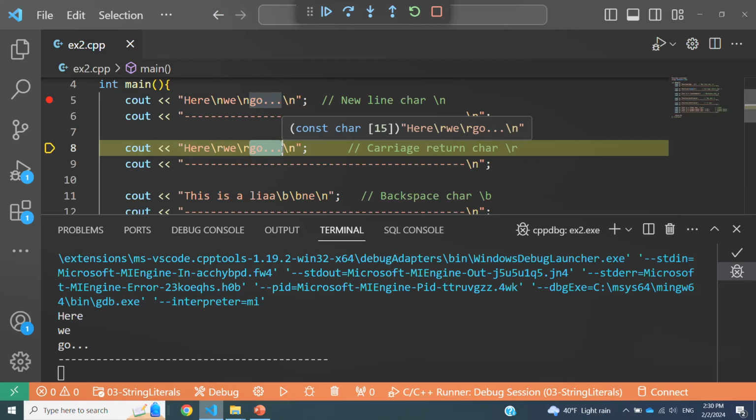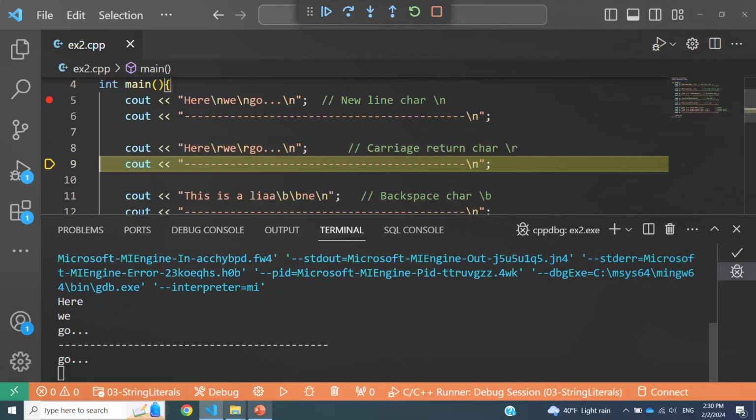So that should also overwrite this, and we should just see go ... on the screen, and at the end we have the new line character that takes us to the beginning of the new line. So the difference between carriage return and new line is that the new line character takes the cursor to the beginning of the next line. Carriage return takes it to the beginning of the same line so that you could overwrite whatever you have printed so far. So let me just execute this so that you can see.